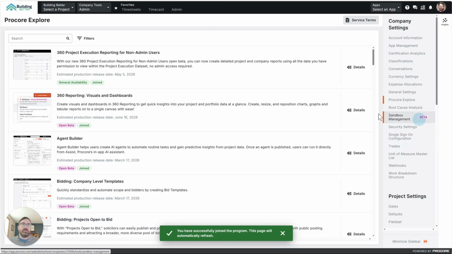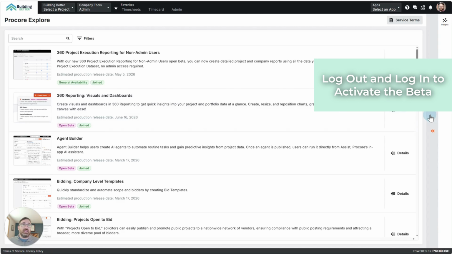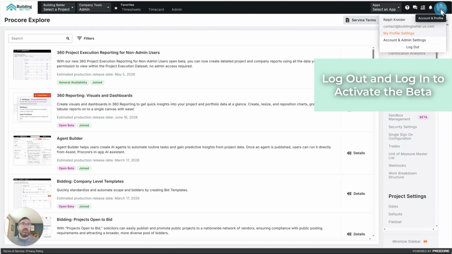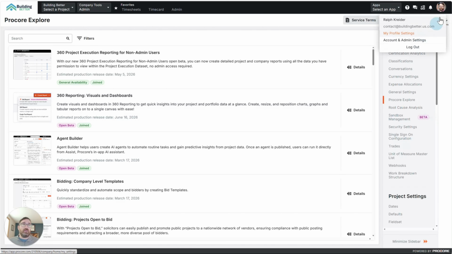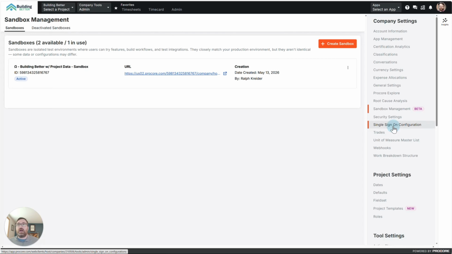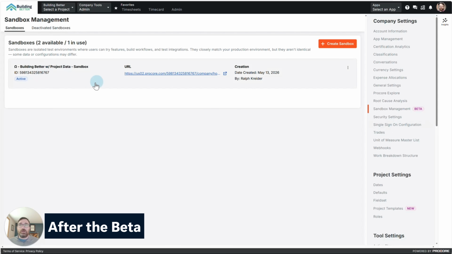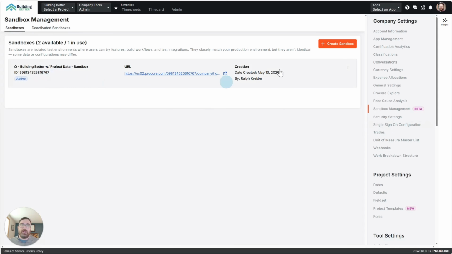Let's see what happened here. Oh, we already got it there. So Sandbox Monthly Management is available for us. You may have to log in and log out, or log out and log in to fix that, but if not, hopefully it's there for you. So now I actually already created one of these. I can show you what that looks like here in a second, but we're going to go ahead and